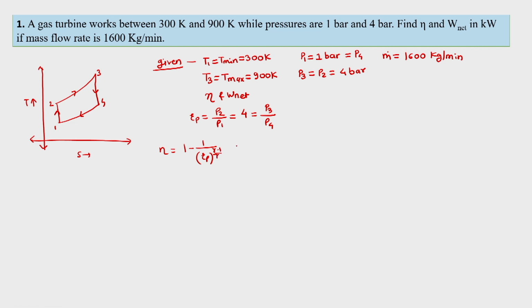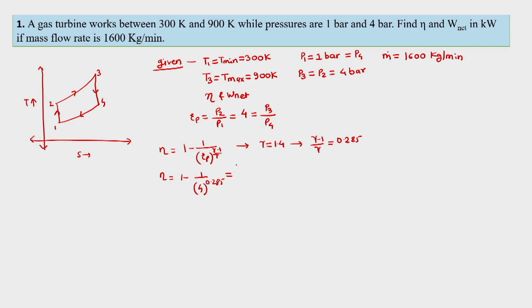Here we know that we are working with air as a gas with gamma 1.4, and this leads to gamma minus 1 upon gamma equal to 0.285. So efficiency is equal to 1 minus 1 upon 4 raised to